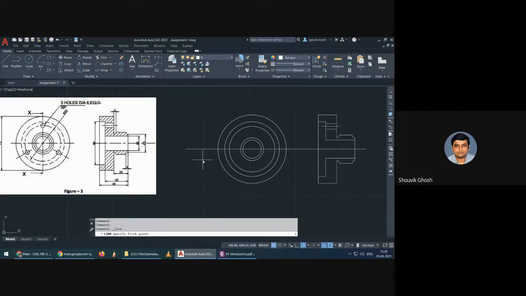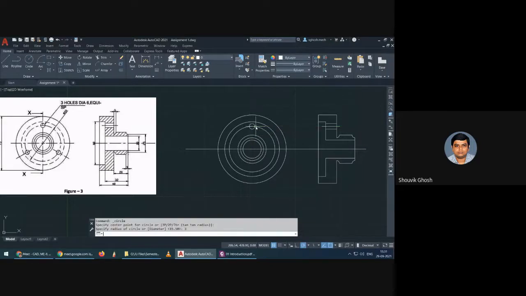Not 28, 6 makes it 31, so that means 15.5, 15.5. Yes. Okay. So now we can draw the circle over 60, 50. Yes.